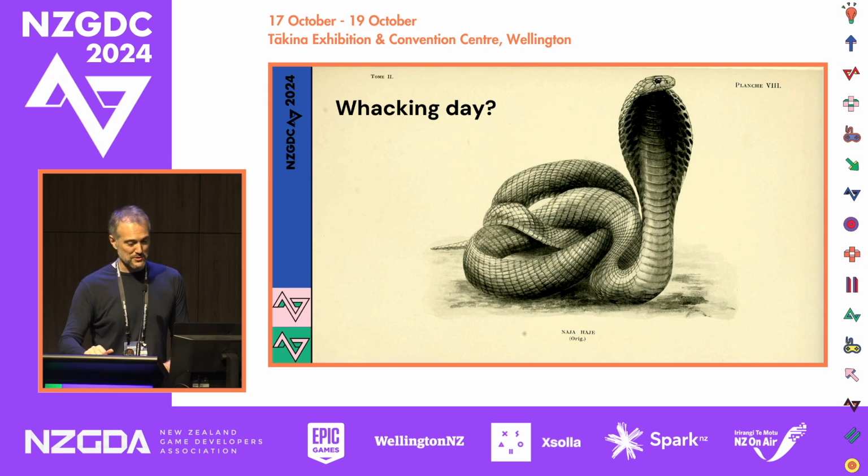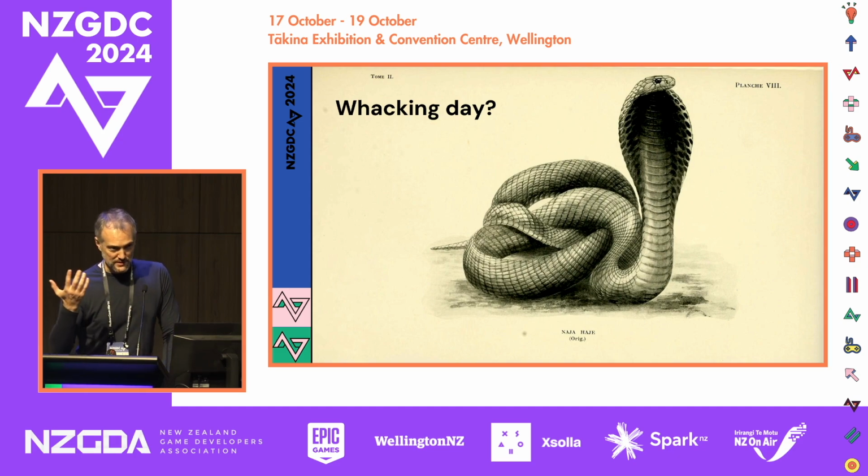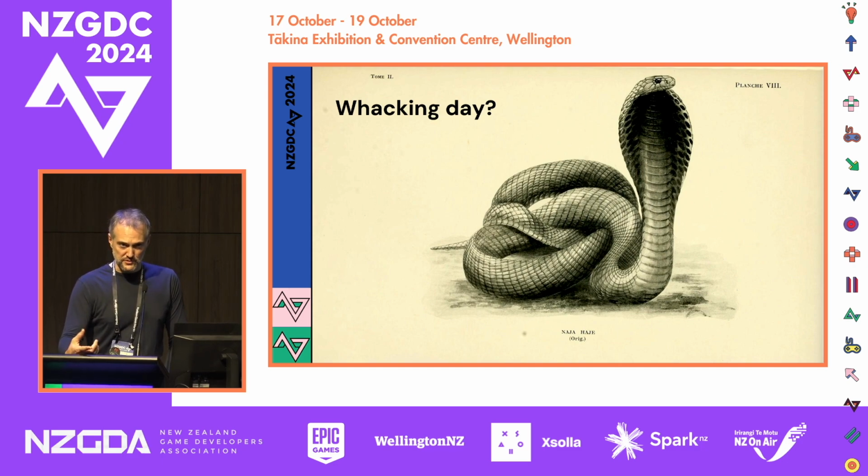So bear with me if you've heard this one before. Otherwise, it's a great example. So in the late 19th century, British officials in Delhi were concerned about the growing cobra population. So to address it, of course, they offered a bounty for every dead cobra that was brought to them. And the cobra population began to drop as people began hunting the cobras, but the reality is that the growing cobra population was more complex than the British officials had set up to address it.